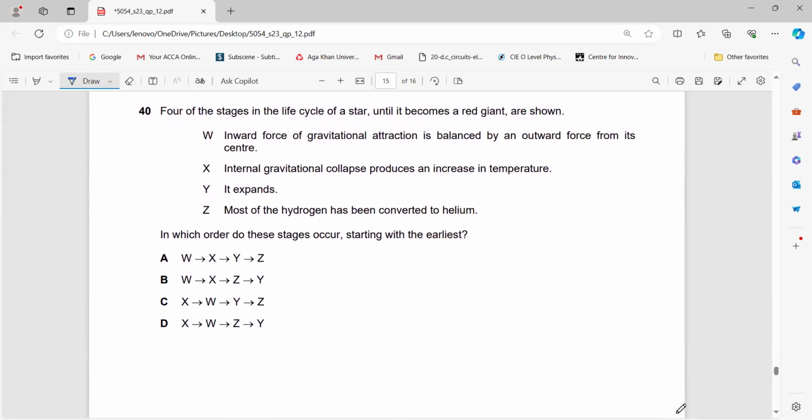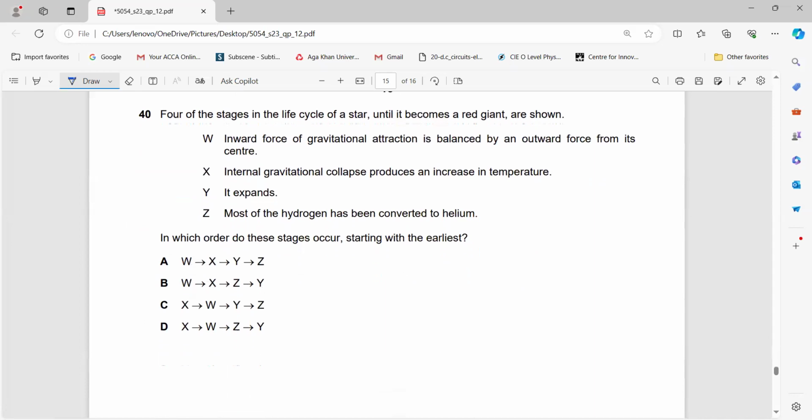I'll write this down, life cycle of a star. I have sent you a picture as well. I'll also make a note of this and send it. So first, due to gravity the star collapses inwards. Okay, the inward collapse happens. That inward collapse causes a rise in temperature. And then the inward gravitational attraction, you need to understand that the gravitational attraction